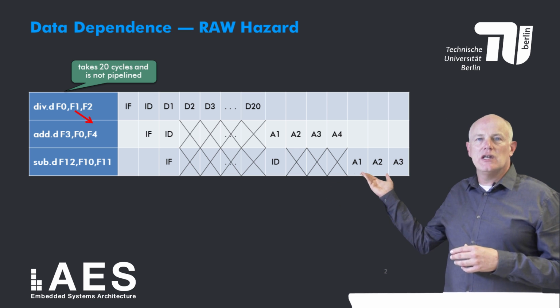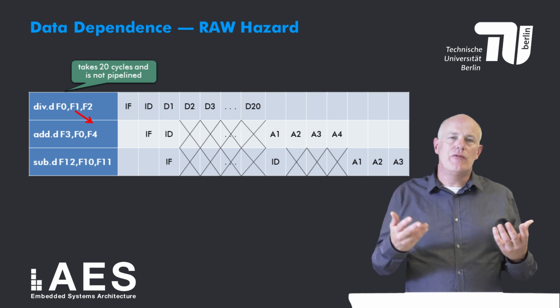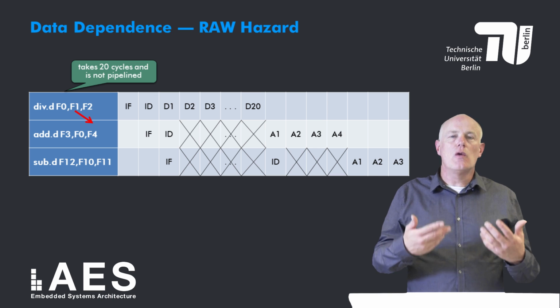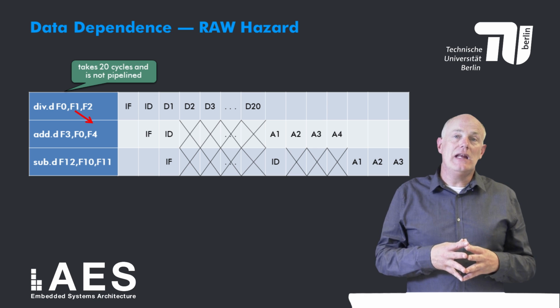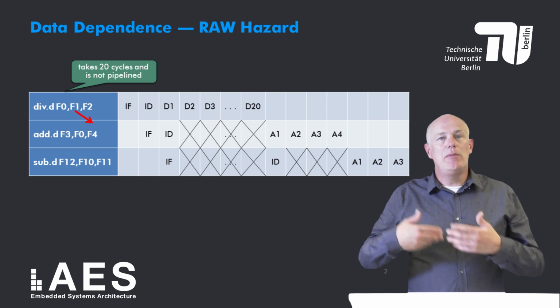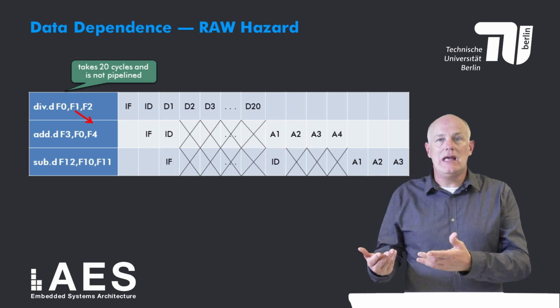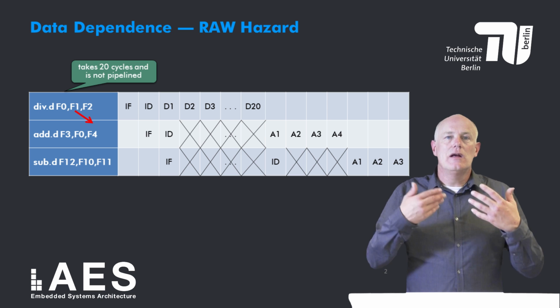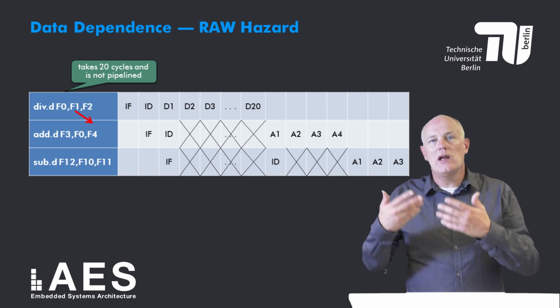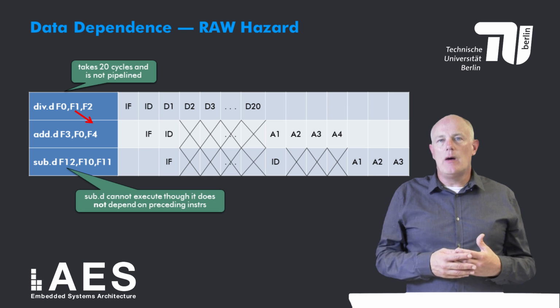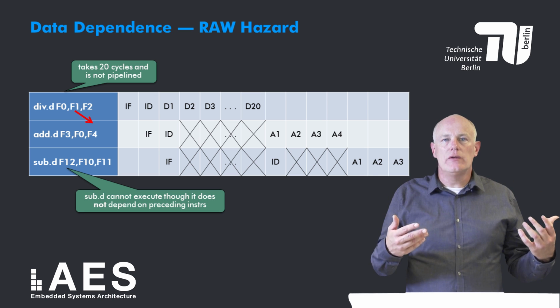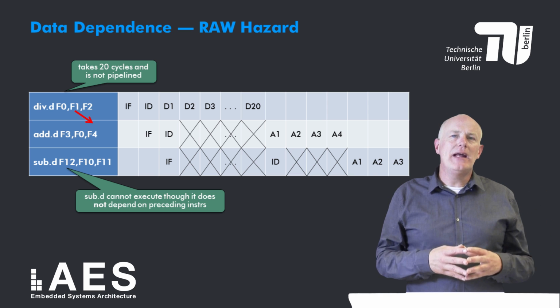The first instruction incurs no stalls because it is the first one. The add double stalls for 19 cycles in its decode stage because it is data dependent on the divide. And because the add double stalls in its decode stage, the subtract also needs to stall in its fetch stage. The main point of this example is that the subtract is stalled even though it does not depend on any